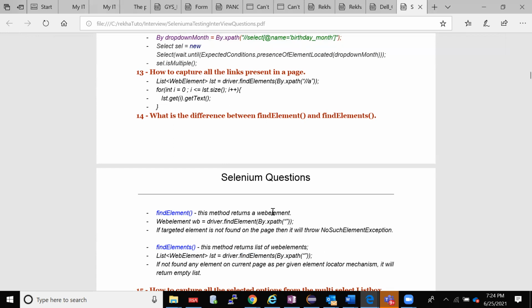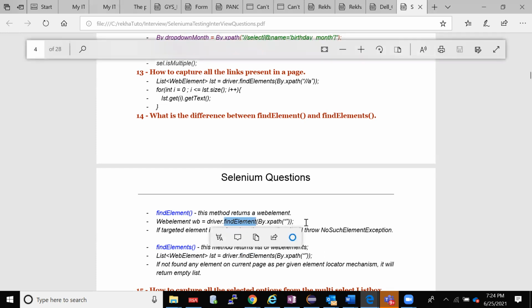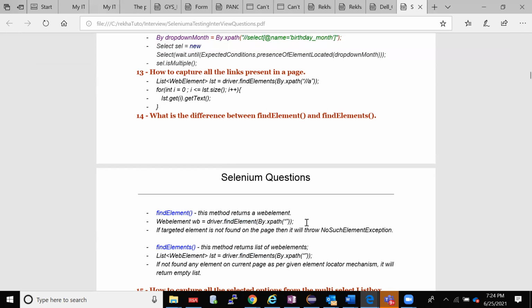In the case when there are 2 or 3 matches found, just think you have found one XPath, there are 5 matches found, and you're using driver.findElement. What will be the scenario? You have 5 matches, 1 of 5, 2 of 5, 3 of 5, 4 of 5, 5 of 5.